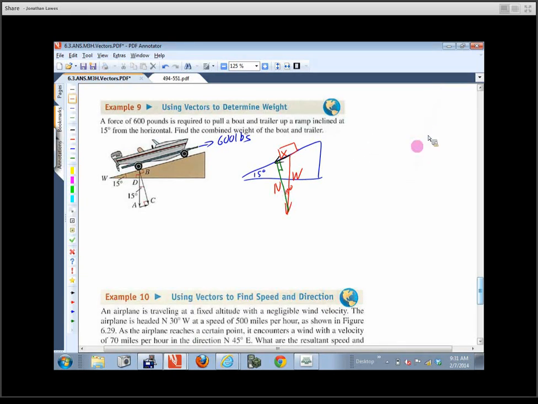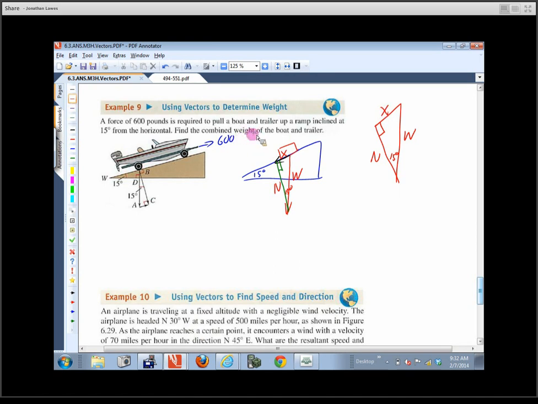So here's what I've got. I have a triangle that looks like this. That's 90 degrees. That's 15 degrees. This is the weight. This is the normal force. And this is the one that's making it slide down the ramp. Now, on this particular problem,